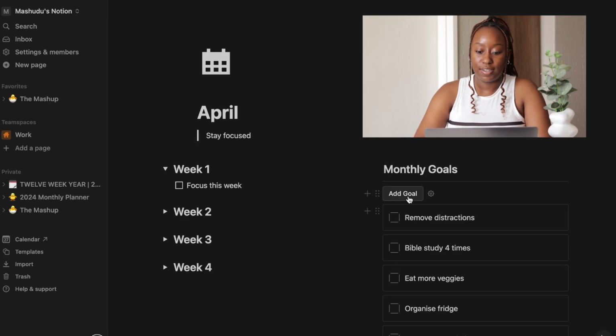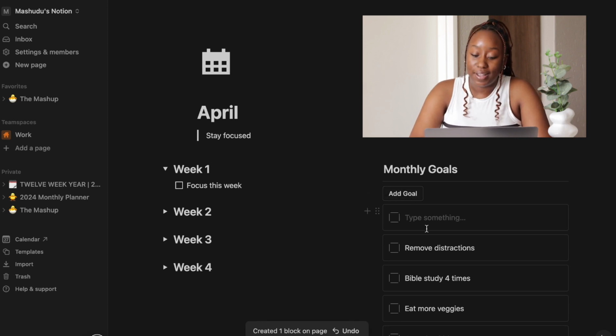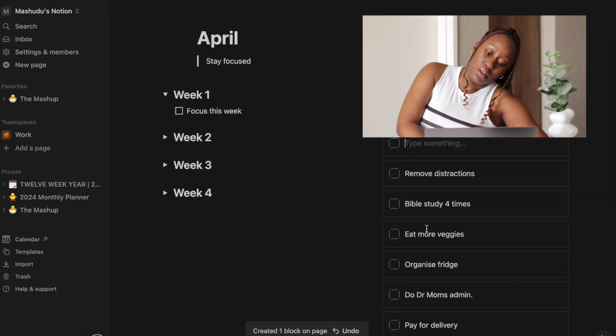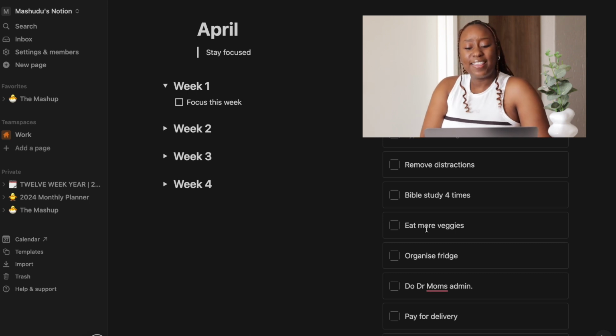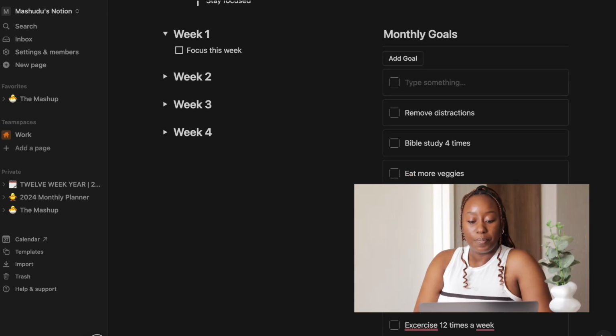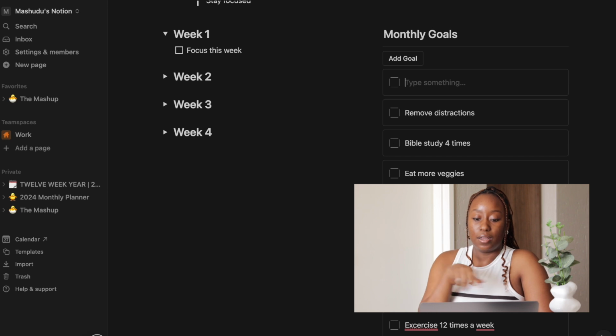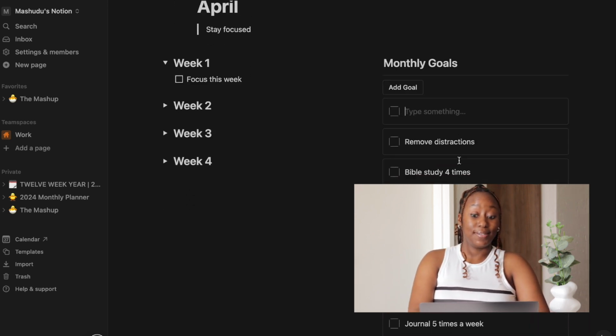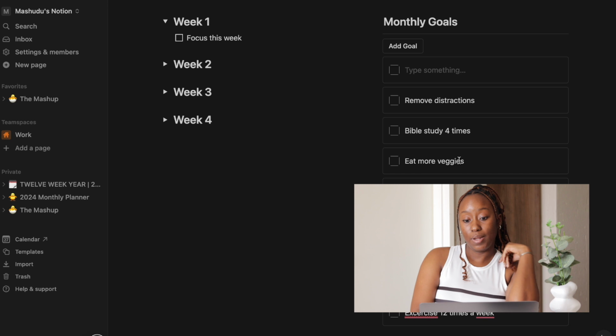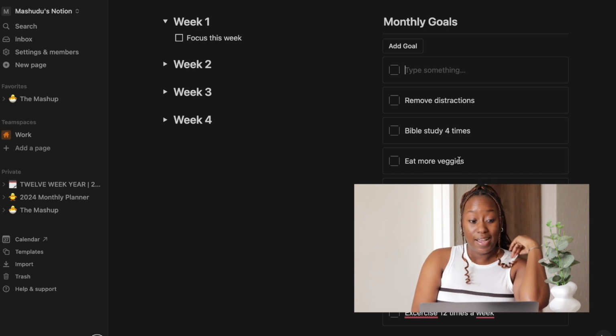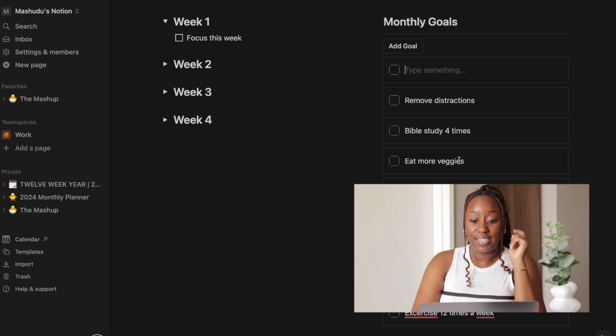And then I have another goal. I think I need to add a calendar on this view. You know why? Because I can remove pay for delivery and just add a calendar view and put in that delivery date. I'll see if I'll do it, but these are too many goals, and I'm just a girl, so I might have to minimize them because I need to do more important goals.